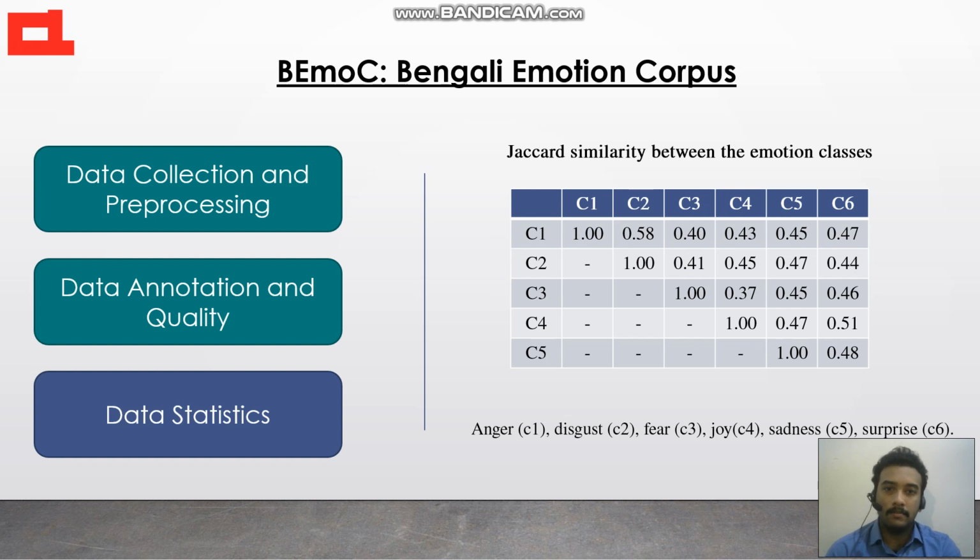For quantitative analysis, the Jaccard similarity among the classes has been calculated. We used the 200 most frequent words from each emotion class. The anger-disgust and joy-surprise pairs hold the highest similarity scores of 0.58 and 0.51 respectively. These scores indicate that more than 50% of frequent words are common in these pairs of classes. On the other hand, the joy-fear pair has the least similarity index, which clarifies that this pair's frequent words are more distinct than other classes. These similarity issues can substantially affect the emotion classification task.